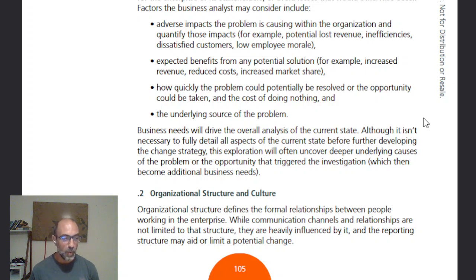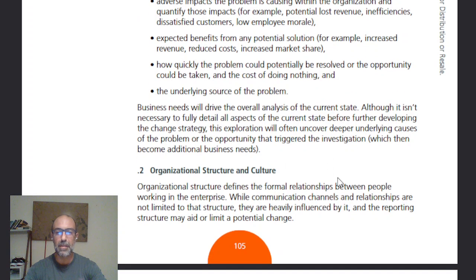So, we have to go back and forth between the different facets of it, like, how are we actually strategizing and for what reason? It actually brings the need to look differently to us and maybe even change it because, okay, the more you understand about something, the more you understand about why it became a thing and what maybe is a closer need or a better need to look at. This exploration will often uncover deeper underlying causes of the problem and the opportunity that triggered the investigation, which then